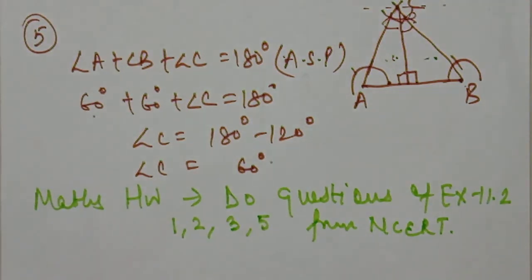But one thing is very clear: in the exam, if the examiner wants the steps of construction and clearly says to write the steps of construction, then you will write them, otherwise not. If the question is only, construct a triangle, then you only have to construct. And question number 4, I already skipped, because that topic is already deleted from your syllabus according to the new syllabus. The triangle with the perimeter and the two base angles given is already deleted from your syllabus. If you want to learn it, then please tell me, I will explain to you.